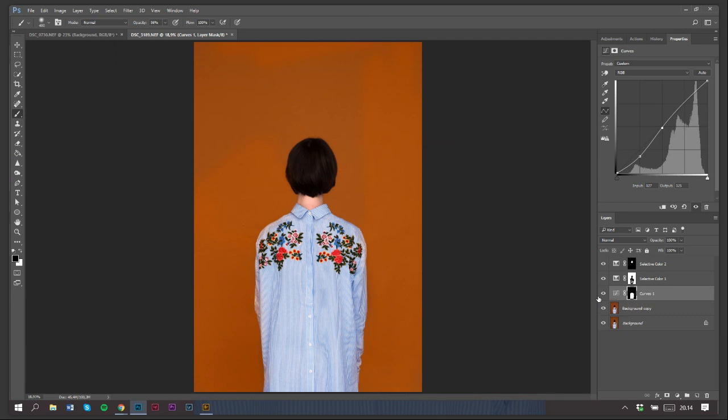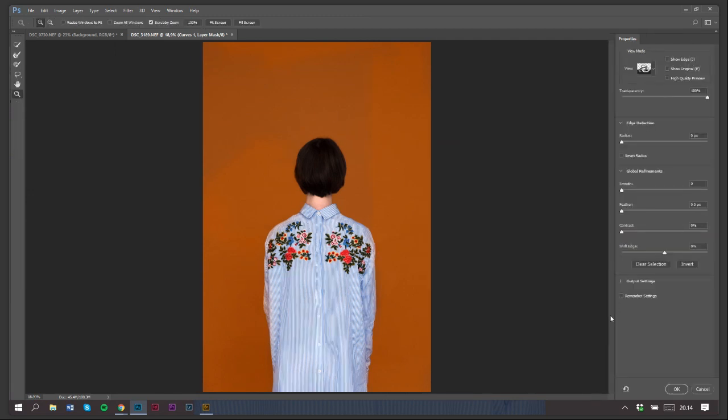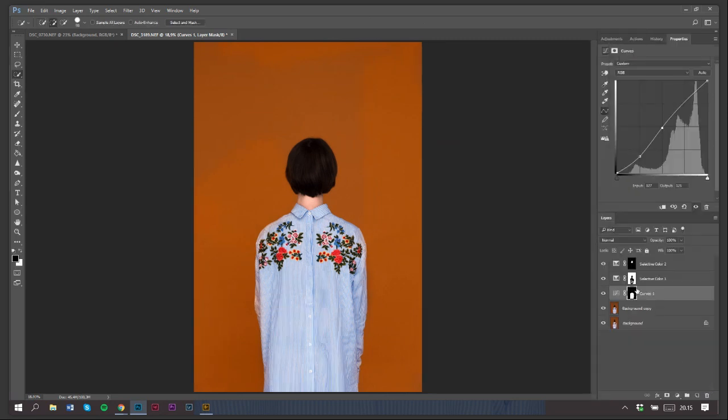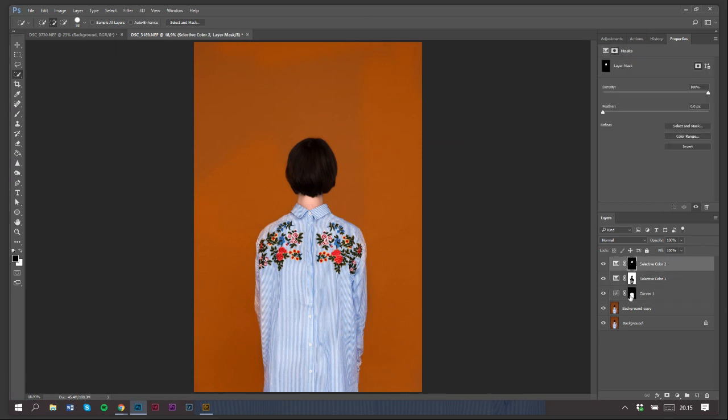I also see a question here, why do you not mask or select the person and then put the desired background in after? That's also a way to do it. You can use something called select and mask, and you can mask out the person here and you can put in different backgrounds. This is something that I haven't done that much. We recently learned about this at my school. I haven't used it too much yet, so I don't feel very confident using it. So I usually just edit and then I mask out here,